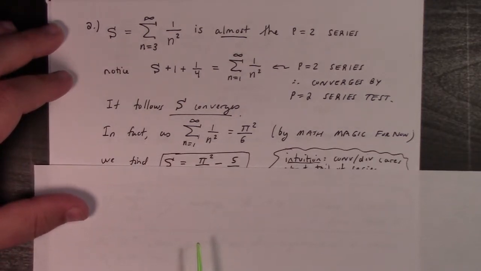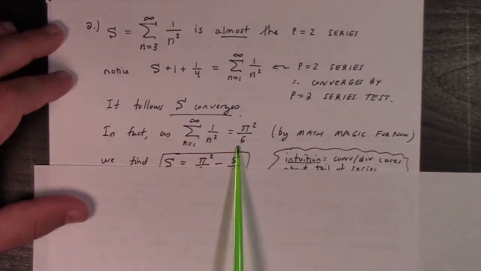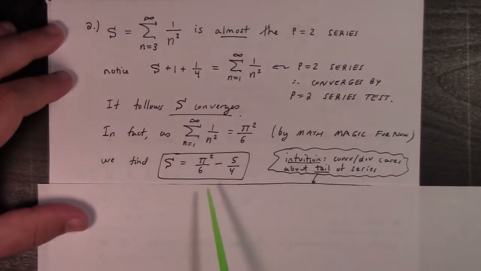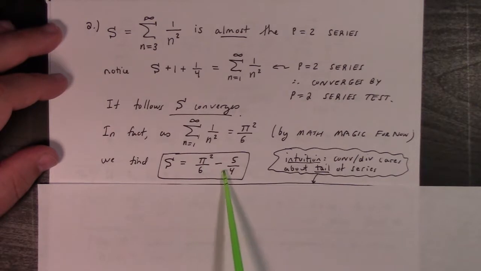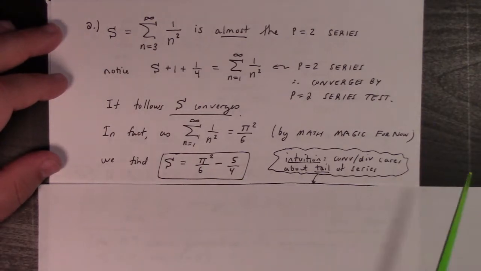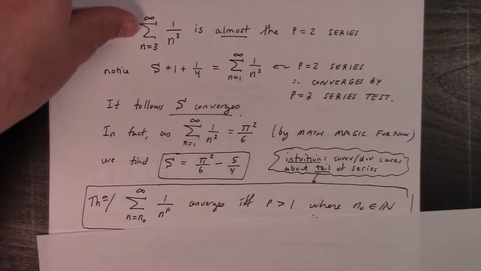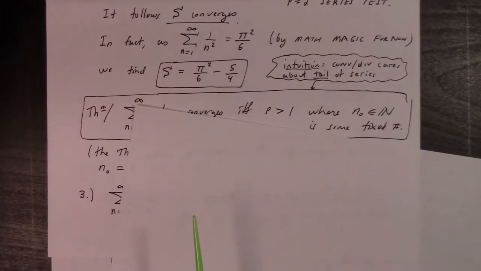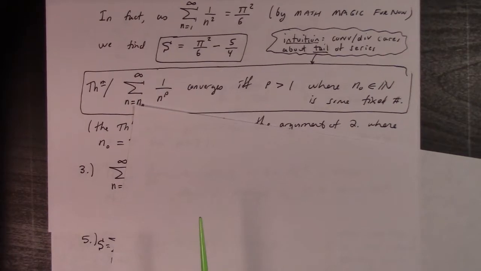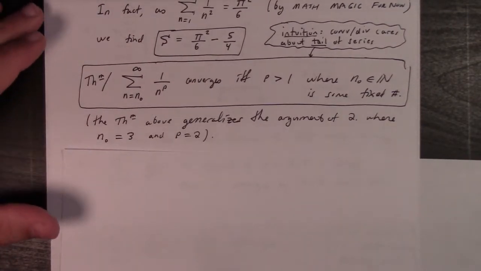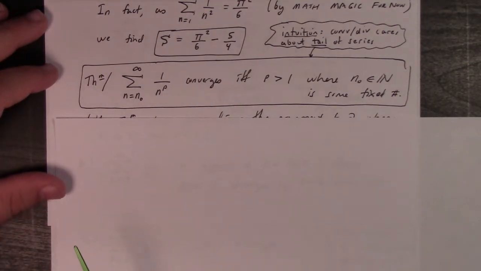in fact, since I happen to know that that series converges to pi squared over 6 by math magic, the given series would be convergent to pi squared over 6 minus 5/4. So here's a bit of intuition for you. The convergence and divergence of a given series is really only dependent on the tail of the series. So there's a kind of